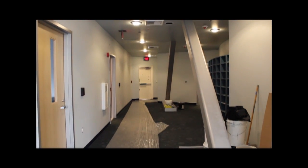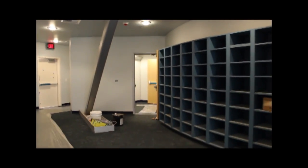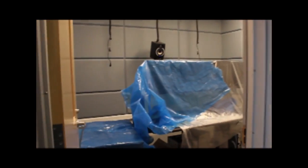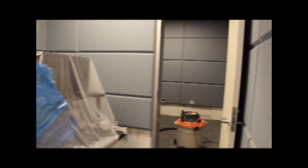Looking down the east hallway. As we head down the east hallway, you can see the cubbies to the right there, where students will put their backpacks when they come visit the planetarium. This is the editing suite. As we enter the editing suite and go down towards the recording studio,